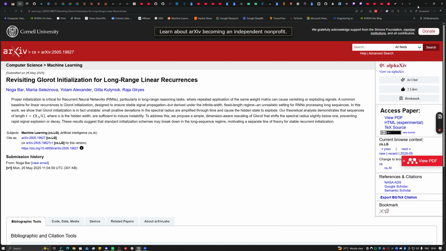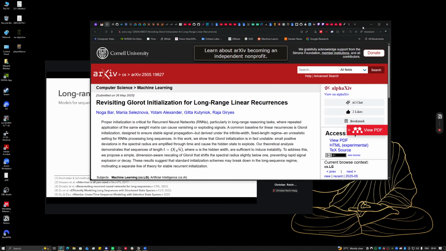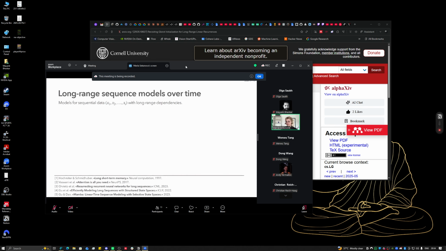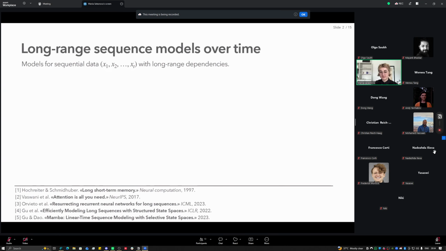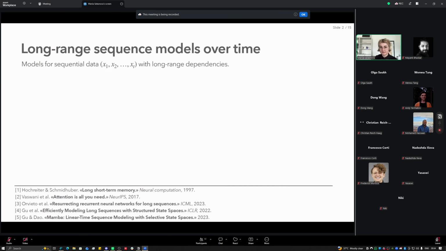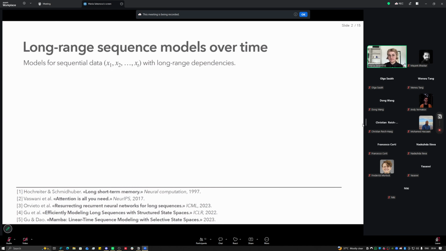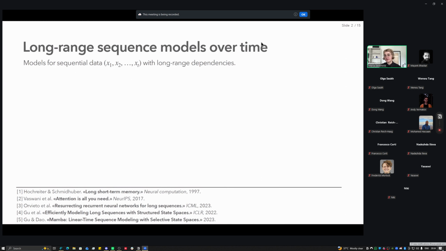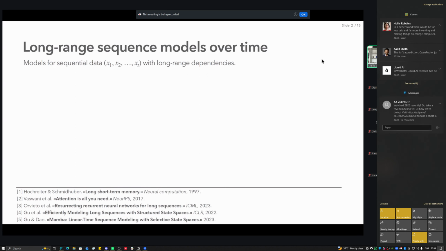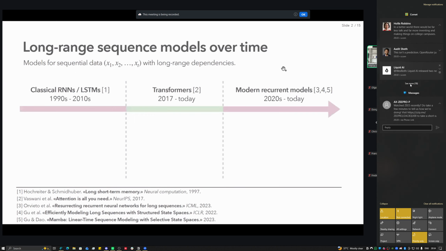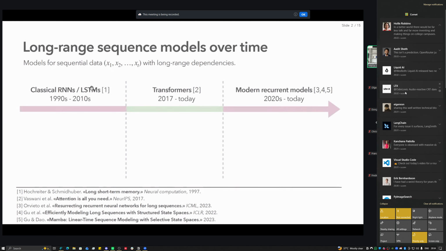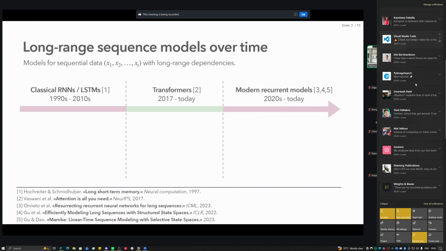By long-range sequence models here, I just mean machine learning or deep learning models that work on sequential data. So we have the inputs of the form x1, x2, all the way to xt. And we want to model long-range dependencies in these sequences. Okay, so we have a picture like this. All the way, let's say, in the 90s,